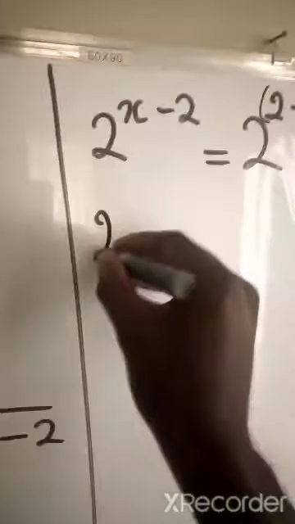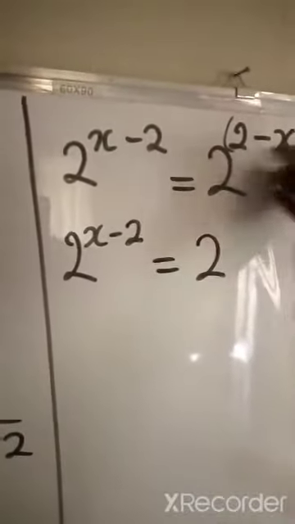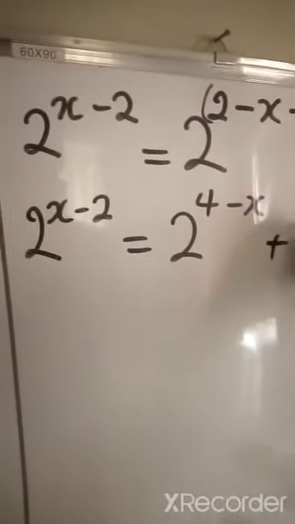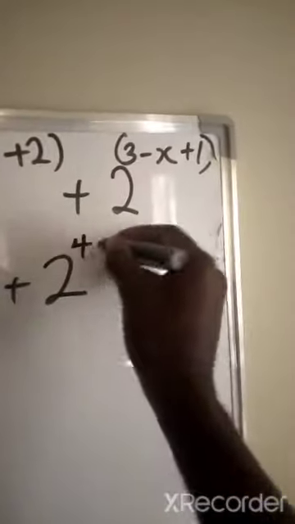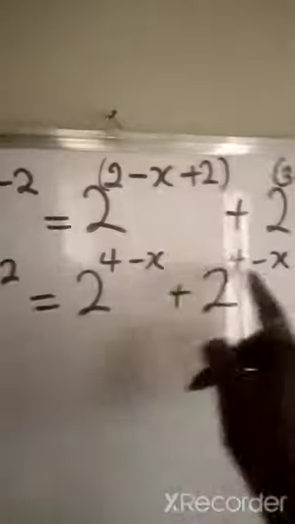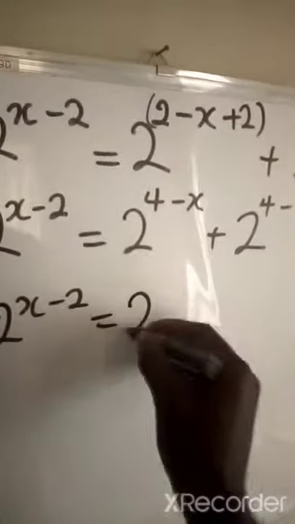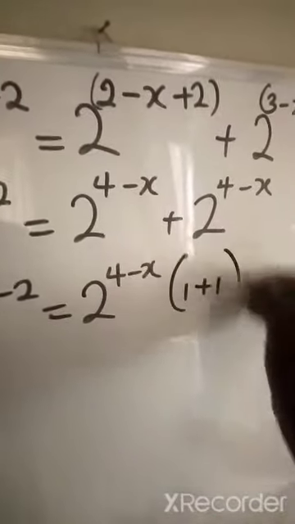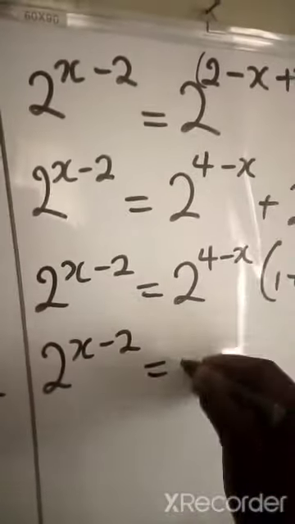Then put your brackets. Now this will give us 2 raised to the power of x minus 2 is equal to 2 raised to the power of 2 plus 2, which gives us 4 minus x, plus 2 raised to the power of 3 plus 1, which will also give us 4 minus x. You see they are the same. They are the same. So you can factorize to have something like this, 1 plus 1. So this will give us 2 to the power of x minus 2 is equal to 2 raised to the power